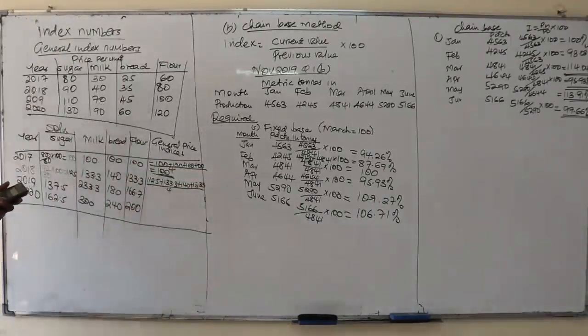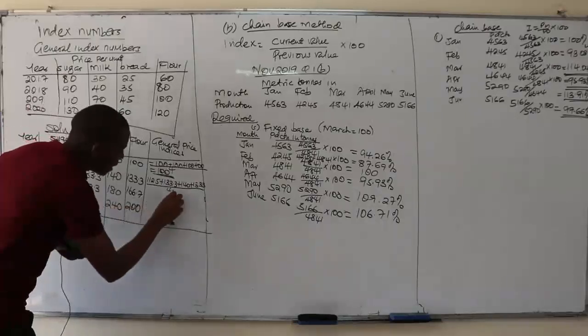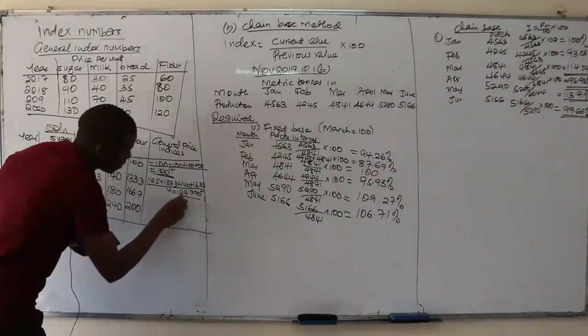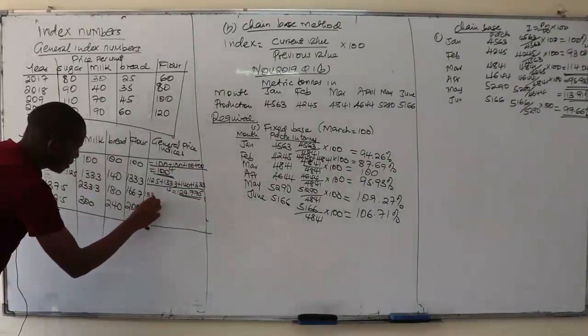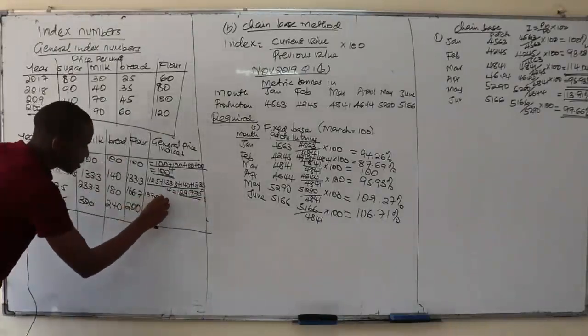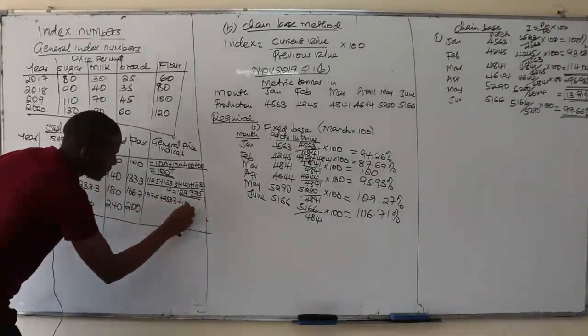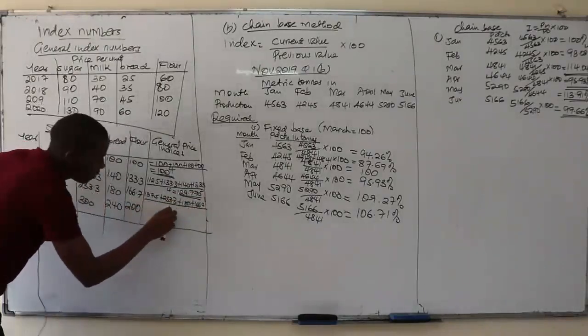This will be 112.5. You add 133.3, you also add 140, you add 133.3. In that case, you divide by 4. It's 129.775. Then we also have the other one. You also take 137.5 plus 233.3 plus 180 plus 166.7. Then you divide by 4 again,